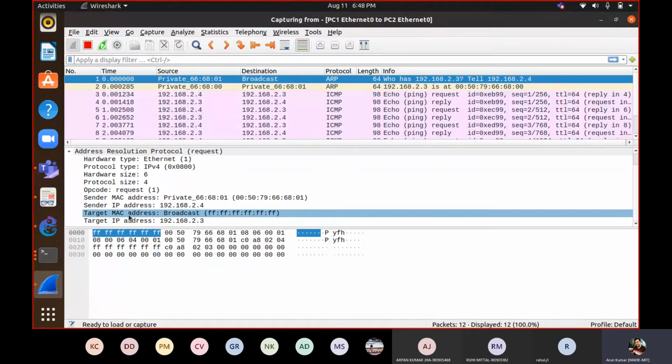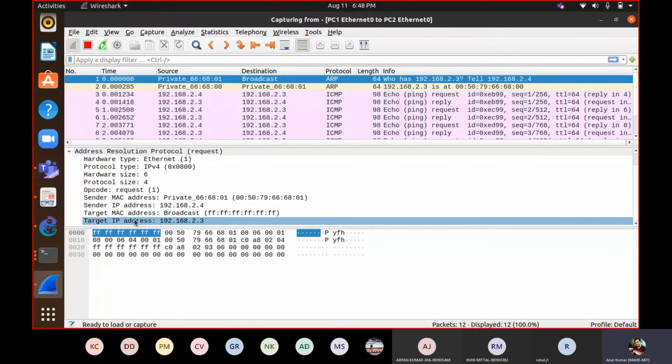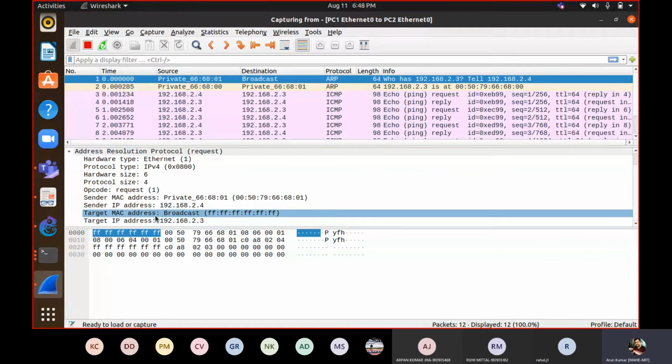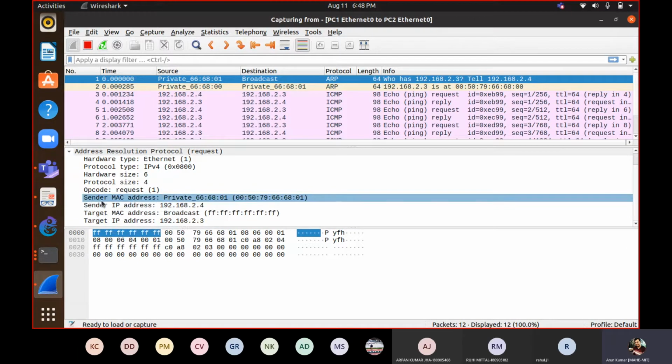What is the target or the response MAC address, and the target IP address? Initially, because it has to broadcast, the broadcast MAC address is all these things, and the target address is this, and the sender. So this thing is important. This packet wants to go to every interface initially, because as a node you don't know what is the equivalent MAC address, or the mapped MAC address, for this IP address. So it's better to broadcast it initially.